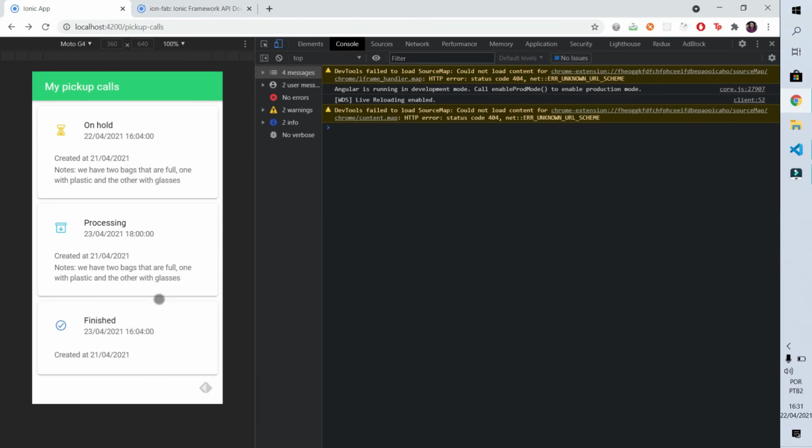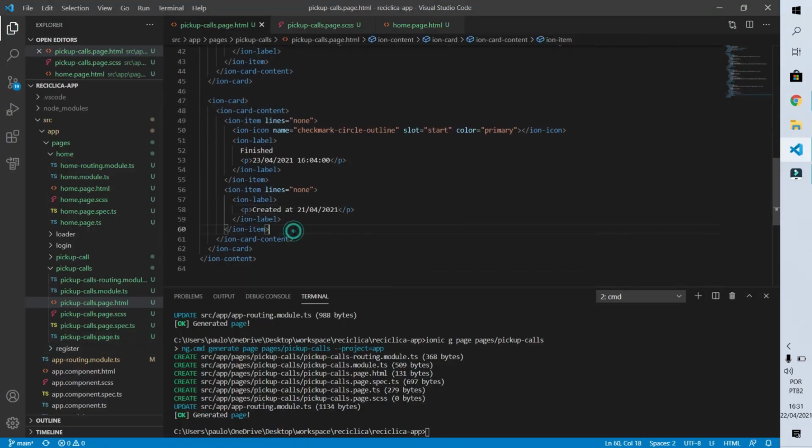The last thing we have to add to this card is the amount of money that the partner has collected from that call. To do that, we come to the code and we are going to add a new item to that card. This item will also not have a bottom border, so I'll say its line is none. It will also have an icon that will be of the trophy type. This icon will appear at the beginning of our item and it will have the success color.